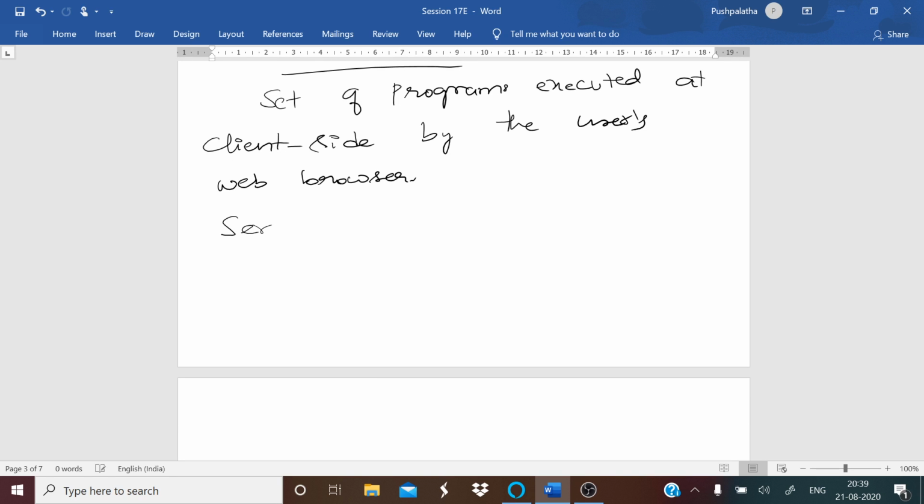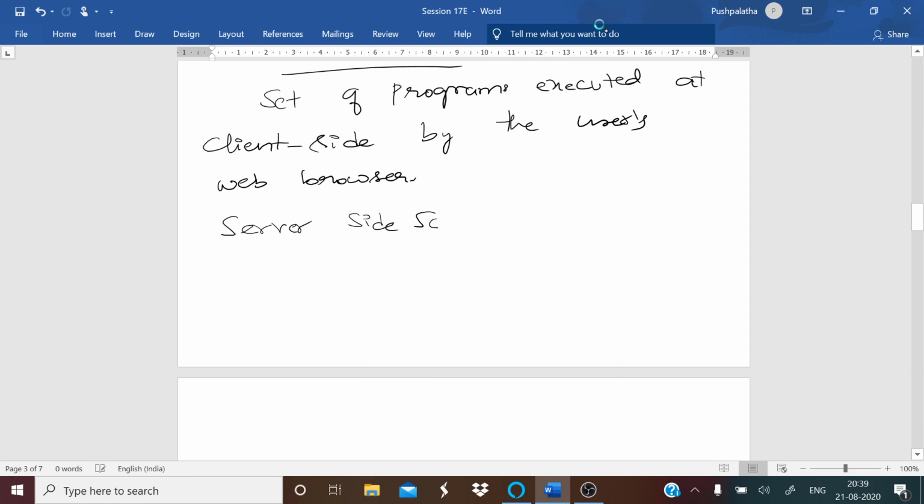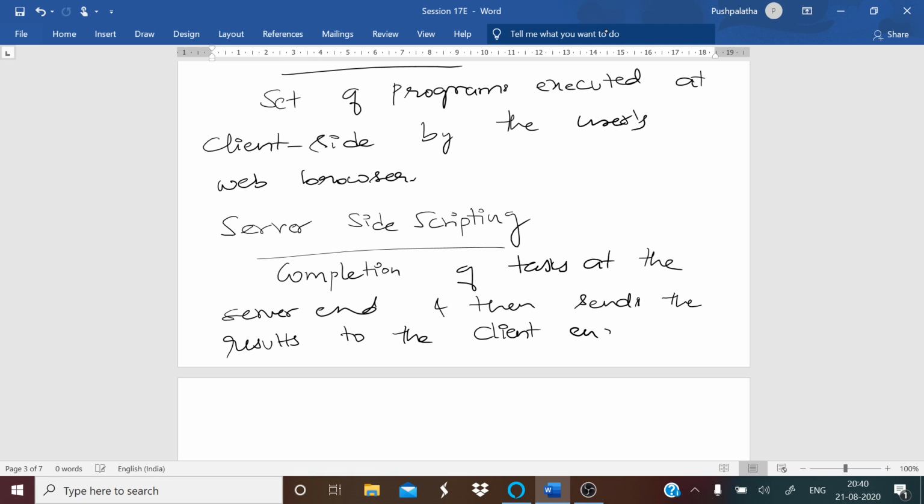And similarly, you have server side scripting. This is useful for completion of tasks at the server end, and then sends the results to the client end.